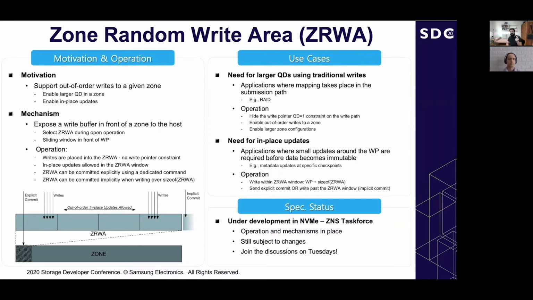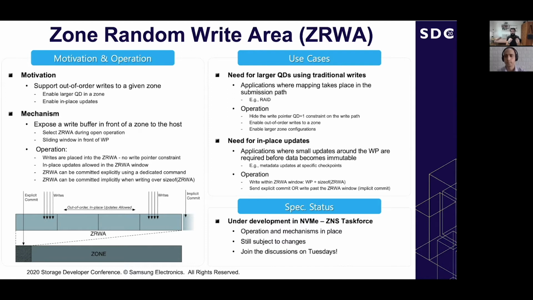The main motivation for this zone random write area is, what if we have a workload where we want to eliminate this constraint about the write pointer? There are cases where you want to be able to go a little bit back in time because your workload is not fully sequential. There are small in-place updates primarily targeted at metadata. And instead of having to serialize them and then do extra garbage collection, which means more write amplification,